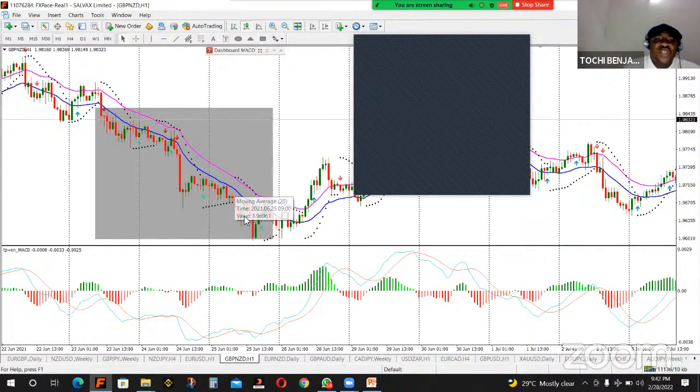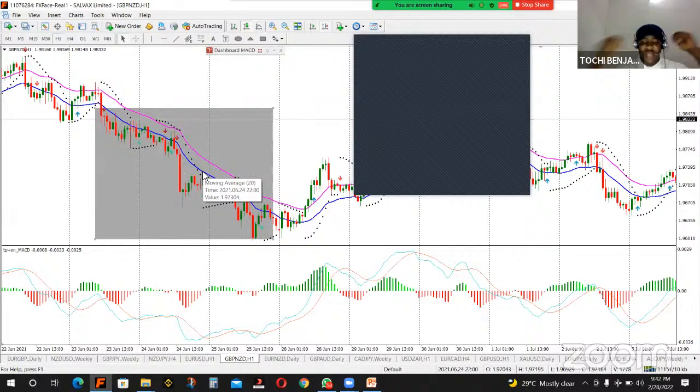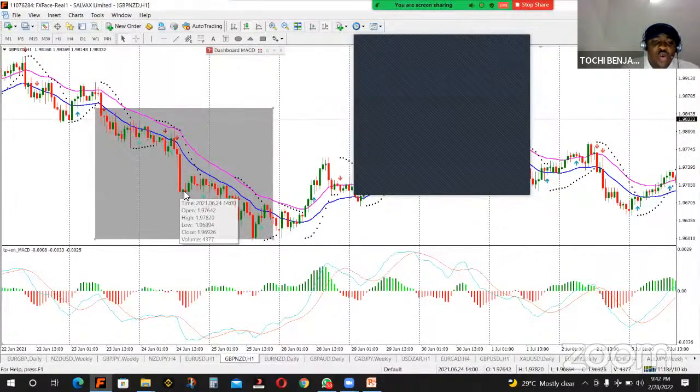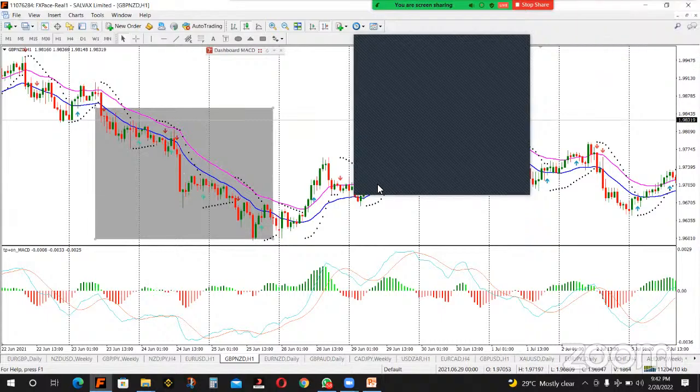You should be looking for an opportunity to sell. And where will you sell? When the price comes back as if it's buying to that moving average and gives you an indication for the sell. Please, that's when you initiate your sell. Don't come to this place here and say you want to sell. You'll be doing yourself a great disfavor. Wait for it to go back to this moving average. When it goes back to this moving average, it gives you the opportunity to sell and sell and sell. Hope it's clear. Yes, it's okay, sir.